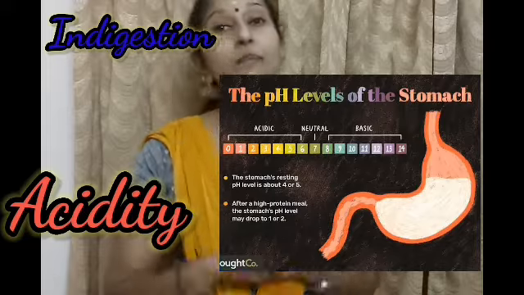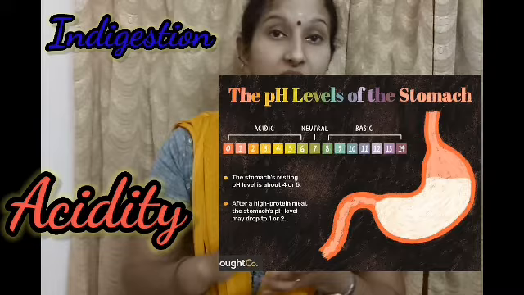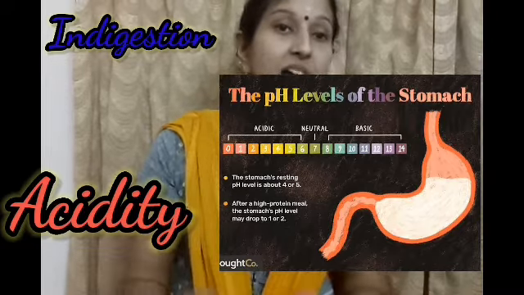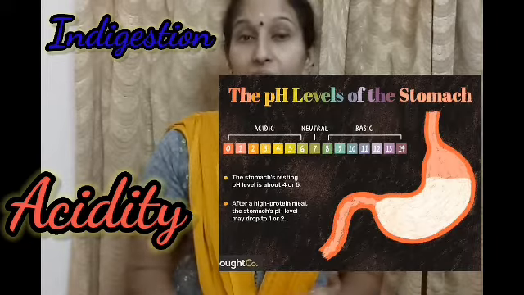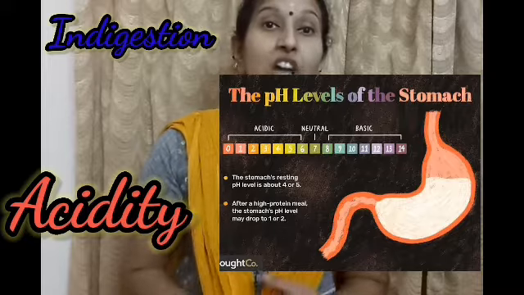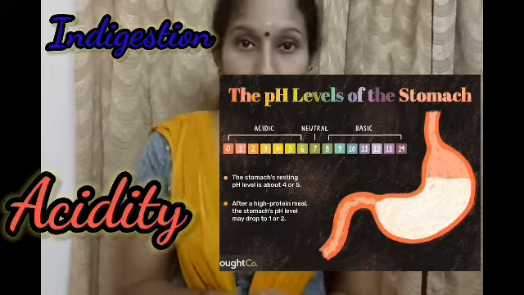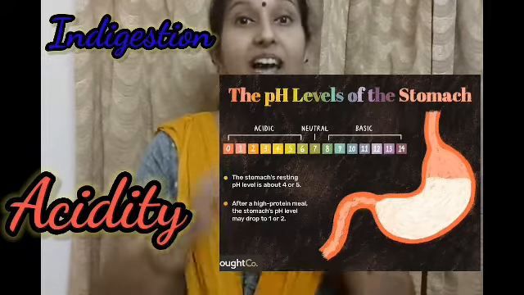In order to overcome this problem, we have to use a medicine which contains a base, and this base neutralizes the excess acid present in the stomach, and we get relief from the pain and irritation. One such medicine is milk of magnesia. Generally these medicines are known as antacids.